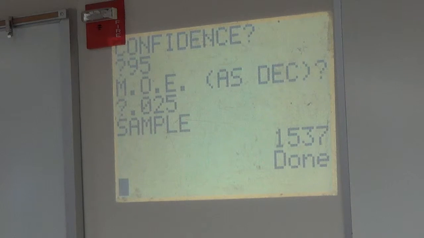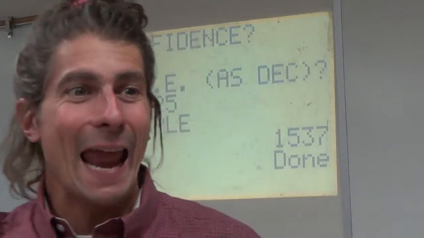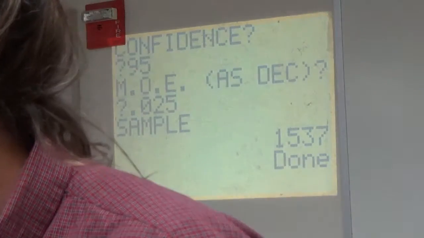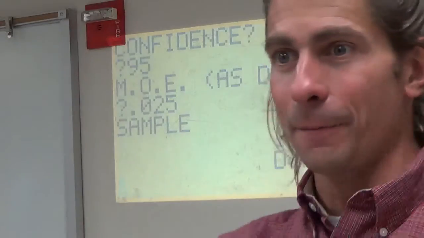If you get more than 1,537, what's going to happen to that interval? It's going to shrink. Remember the formula, just visualize it in your head. The formula for the margin of error. When Eric says the interval is going to shrink, that implies the margin of error is decreasing. I'm never going to ask you to crunch it manually. But where is the n variable in that formula? In the denominator, Kayla. And if the denominator gets larger, which the sample size increasing would do,